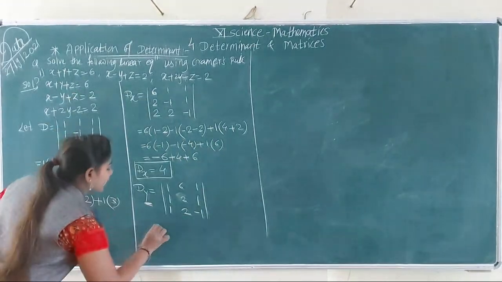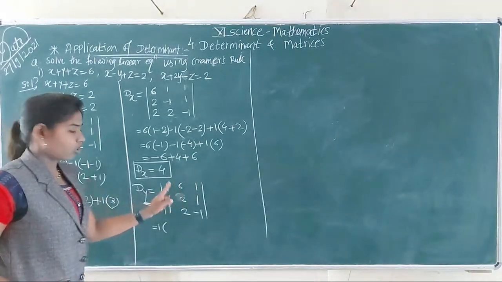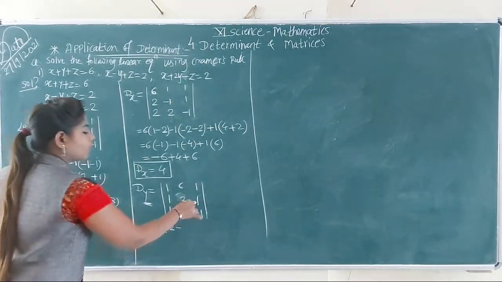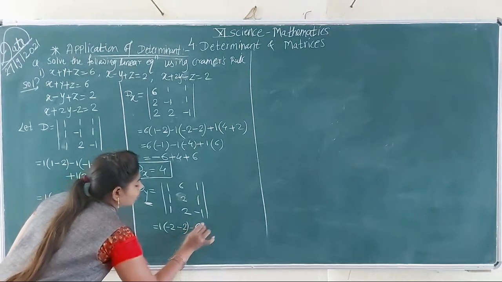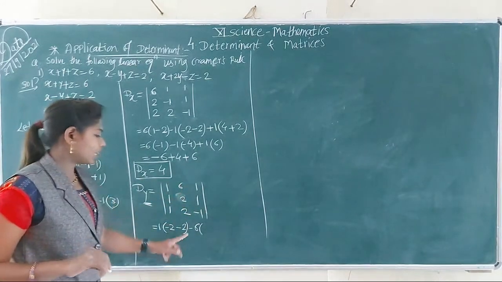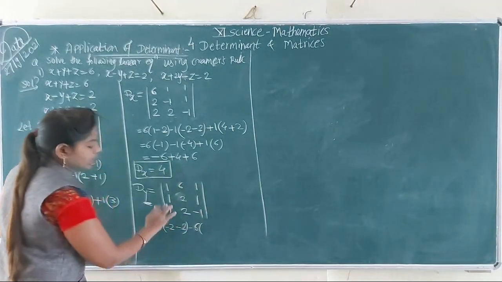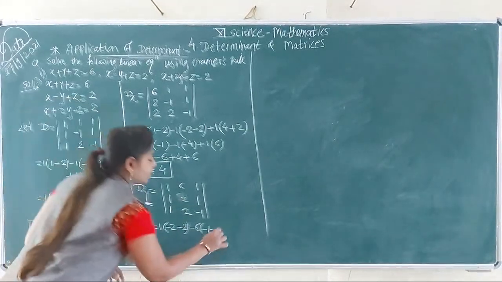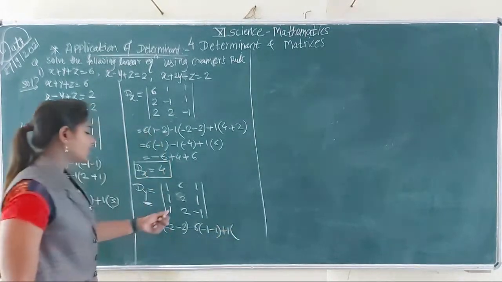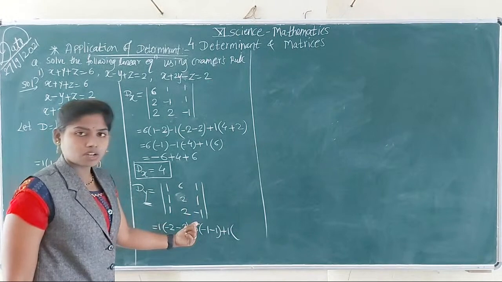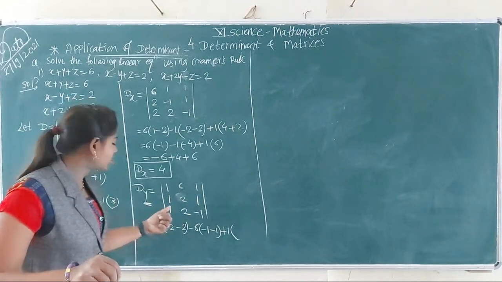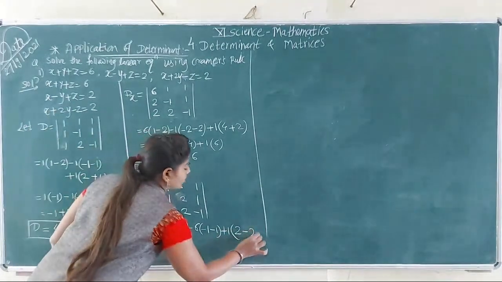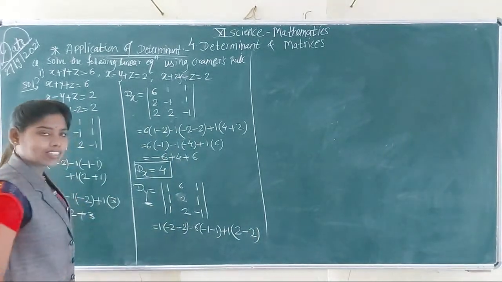आता हा determinant solve करना, that is 1 into again 1 into delete first row first column, 2 into minus 1 that is minus 2 minus 2 into 1 that is 2, that is minus 2, minus 6 into delete first row second column, उरलेले एलिमेंट्स काय घेणार, क्रॉस मल्टिप्लिकेशन, 1 into minus 1 is minus 1 minus 1 into 1 is 1, then plus 1 into 2, delete first row third column, for remaining element take its cross multiplication, 1 into 2 is 2 minus again 1 into 2 is 2, then minus 2 is minus 4